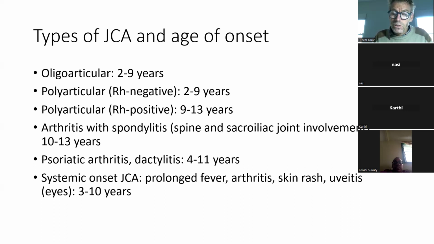They sometimes have inflammation of their eyes, what's called uveitis. Not always, though. If they don't have uveitis and they don't have much in the way of arthritis, or even if they do, it's hard to make the distinction from systemic onset JCA to other forms of inflammatory conditions